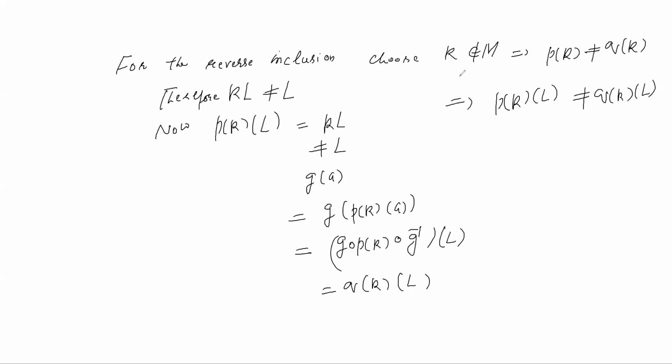So if K does not belong to M, then P_K of L is not equal to Q_K of L. What does it mean? It means K also does not belong to